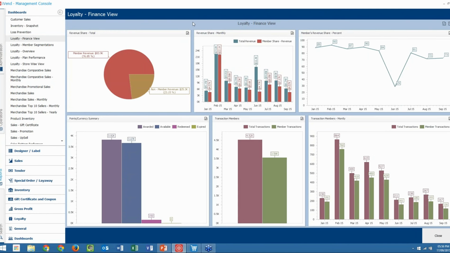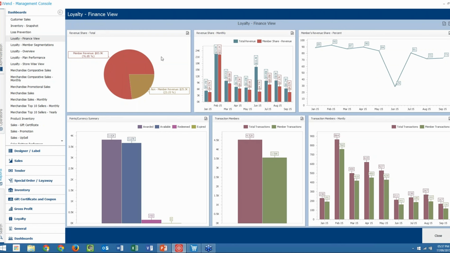And this is quite important because, as I mentioned before, loyalty impacts finance, and there are some customers, and there are some places where they will actually require the stores to go keep aside a certain amount of cash value for the loyalty points. So having this over here where we can go see how loyalty is functioning,